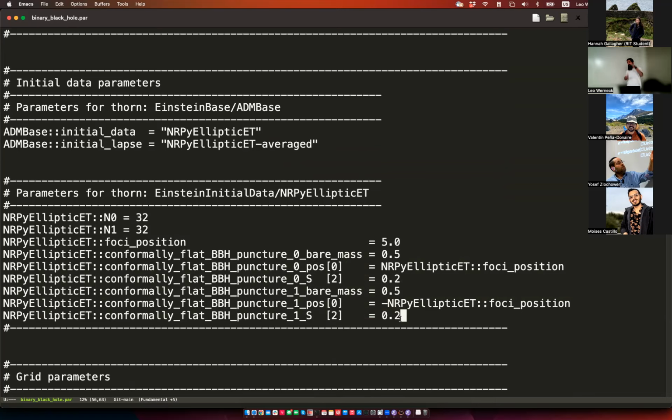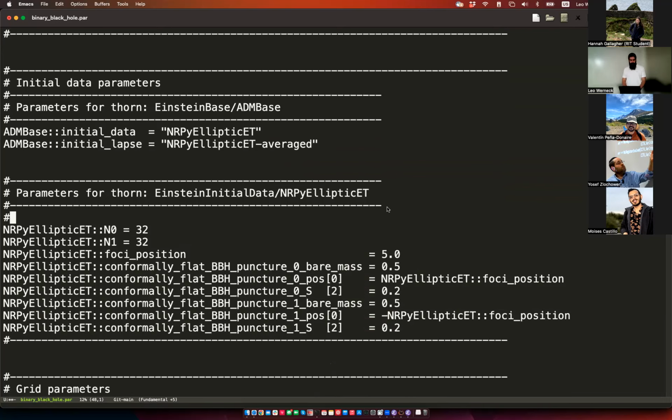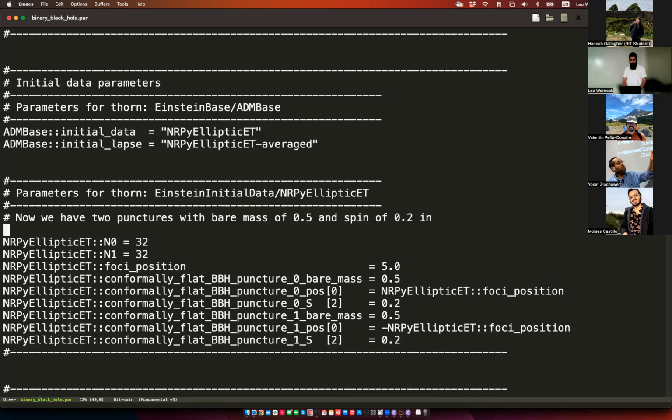And it's located at -5, so now we have 2 punctures with bare mass 0.5 and spin 0.2 in the Z direction, located at